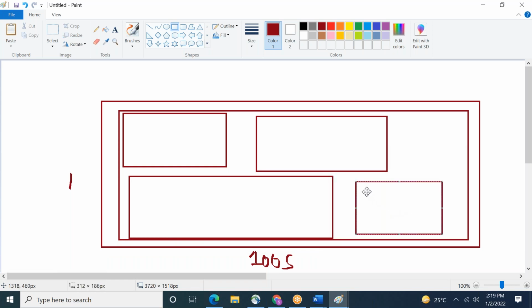This is the arrangement. In layout, this is initially called the floor plan. This is the layout flow.